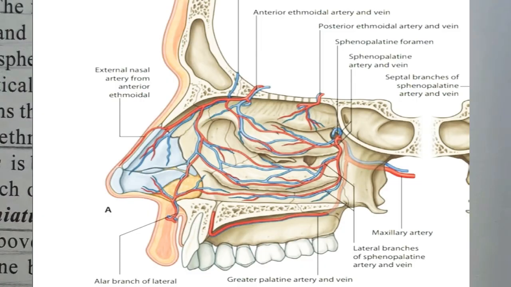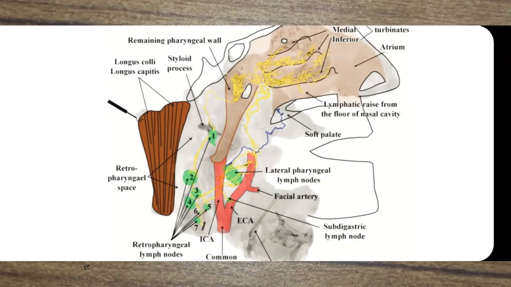Regarding the venous drainage, the veins form a plexus which drains into the facial vein in front, the retropharyngeal vein and the pterygoid venous plexus behind, and into the inferior cerebral veins above. And now we'll see the lymphatic drainage. From the anterior half of the lateral wall, the lymphatics drain into the submandibular nodes, and from the posterior half it drains into the retropharyngeal and upper deep cervical lymph nodes. So this was all about the lateral wall of the